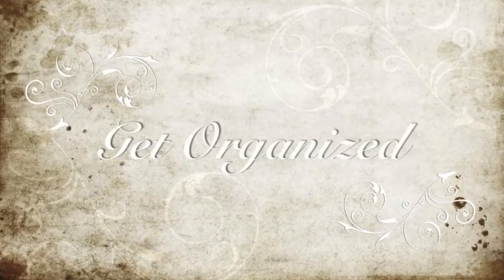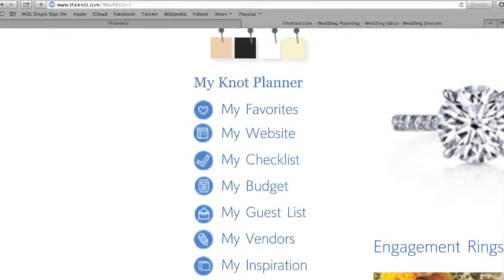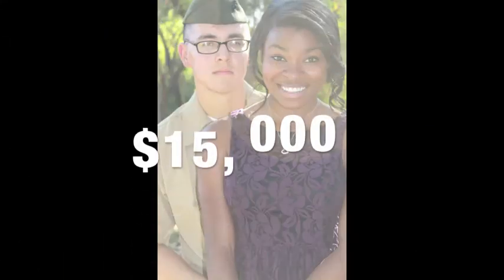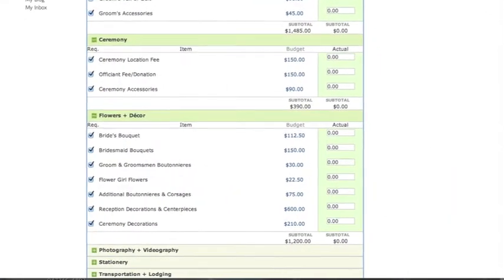So I decided I had to take what money I had and get organized. A popular site called theknot.com helps brides get organized by giving them a to-do list and a budget tracker. You can fill out your site and customize it exactly to your taste and your liking. He's a Marine and I'm an intern, so most of this money that we have is coming from my super traditional family. So I put this money into my budget tracker and it showed me exactly how much I had